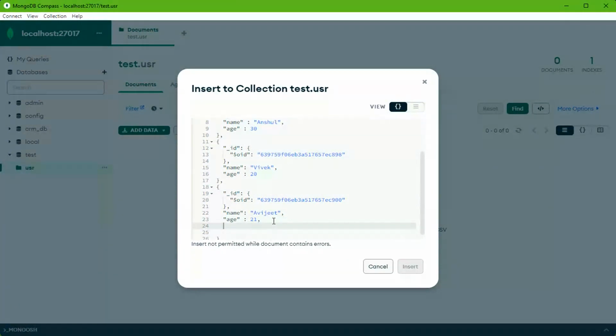And then maybe what is the city you belong to, Avijit? Which city do you belong to? Kolkata. Okay. Now I have three documents for each of the users.